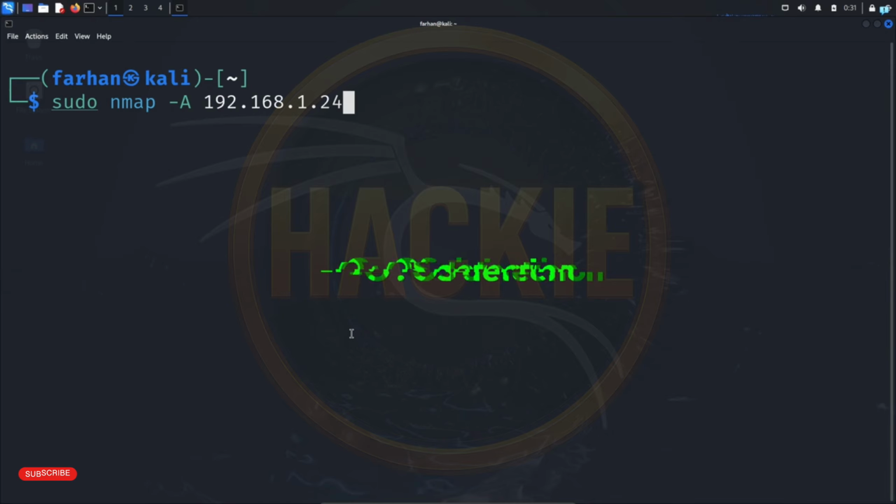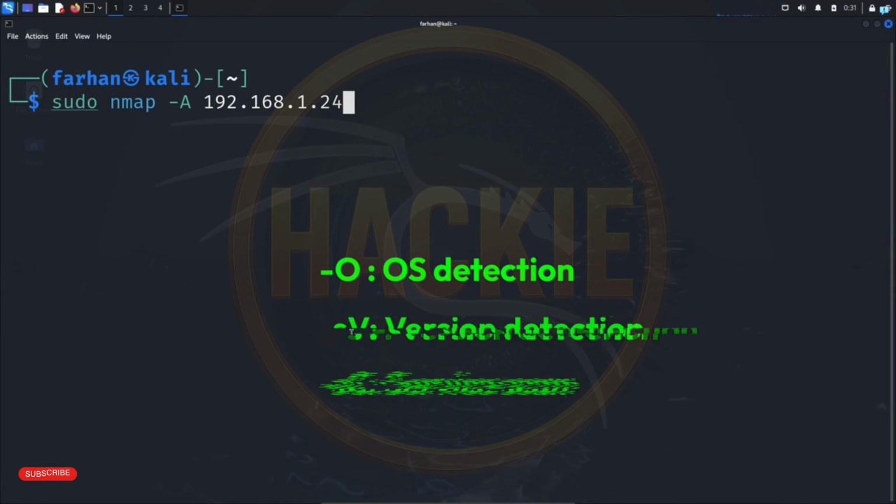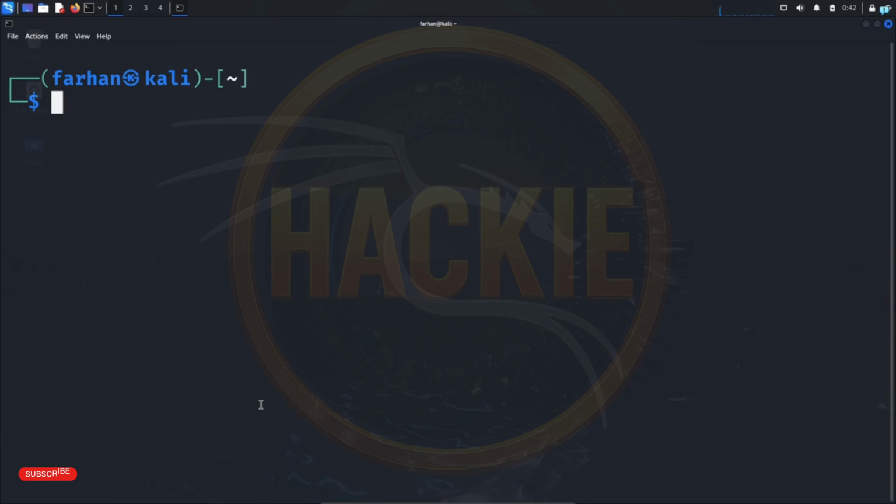-A will do the OS detection, version detection of the services, and run a default script to find vulnerabilities at the same time. So I will run this, and after the scanning has been completed, I get the version information, the OS information, and the script that ran, and I also get the traceroute information. Now you can combine multiple options at the same time on Nmap. So I will type the command sudo nmap -A for aggressive mode